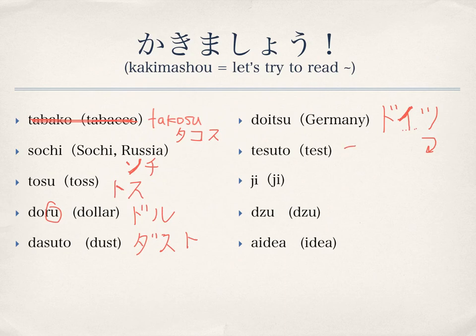Tesuto. So, te looks like a table, I think. Su, to for totem pole. And ji, I think what they want here is this one. But that's not very common. So, zu, remember it goes down. So, tsu looks down, and shi looks up. Idea. So, sideways I, de is table, that 2-layered table. And then